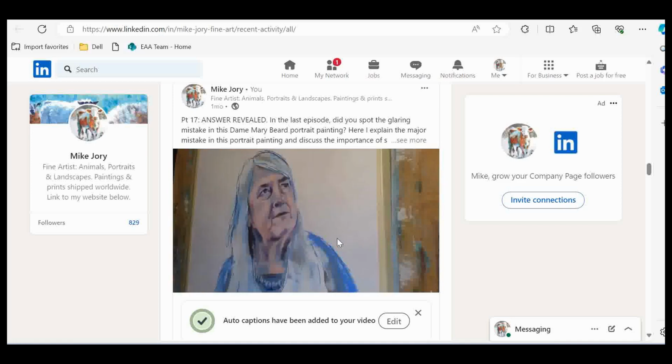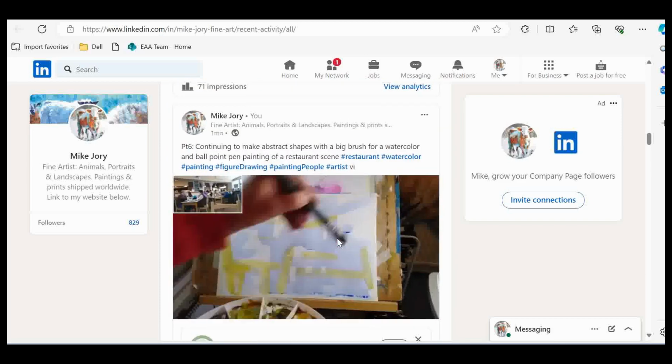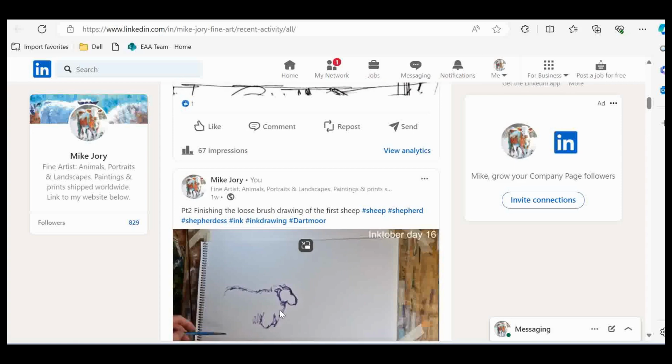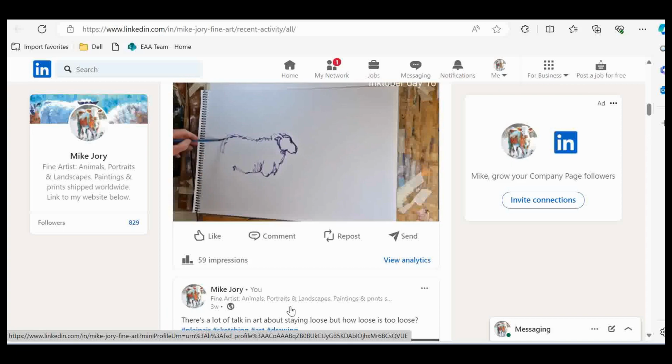a portrait painting. So the idea is, by varying the content, I'm not only showing people the range of work that I do, but it keeps it a little bit interesting for me because I'm not posting the same thing over and over again. When somebody visits the profile, they get to see different paintings at different stages of their creation. So this portrait's close to finished, but as I showed you, the restaurant scene and the sheep are just at the beginning. It starts to give the feel that somebody's wandering into your workshop or your art studio or your gallery, and they're seeing you progress as you move along with lots of different